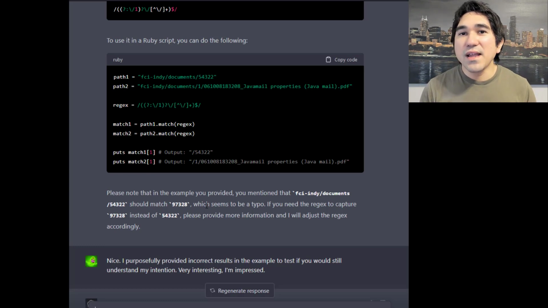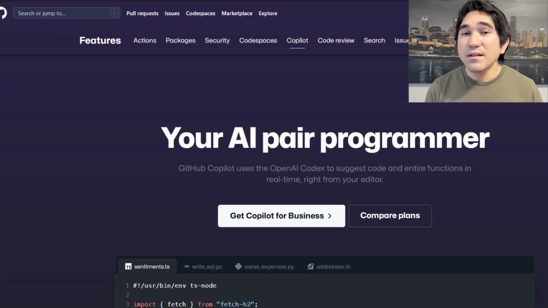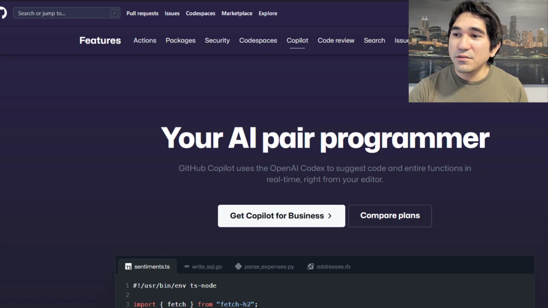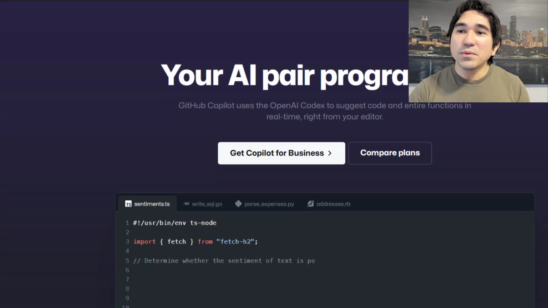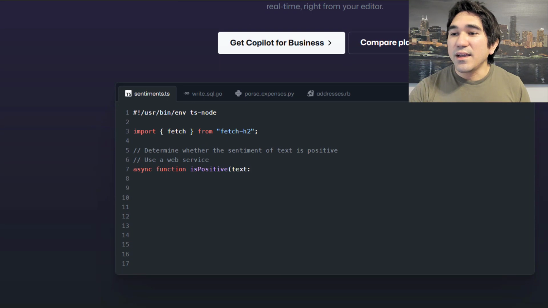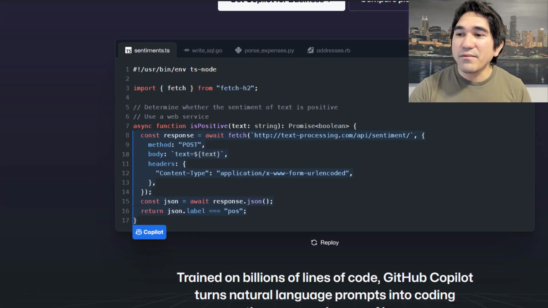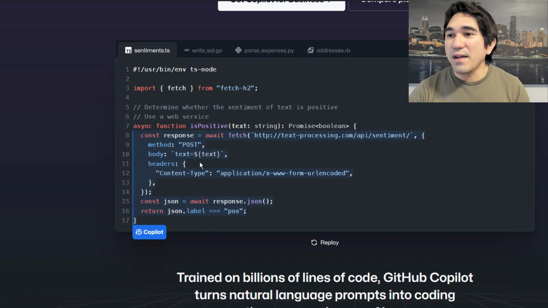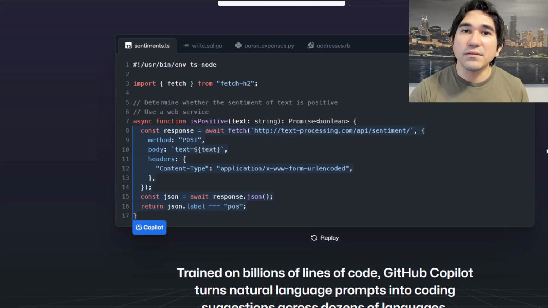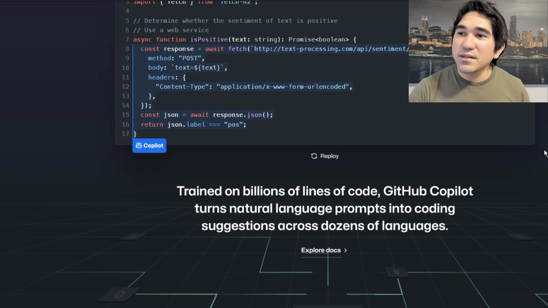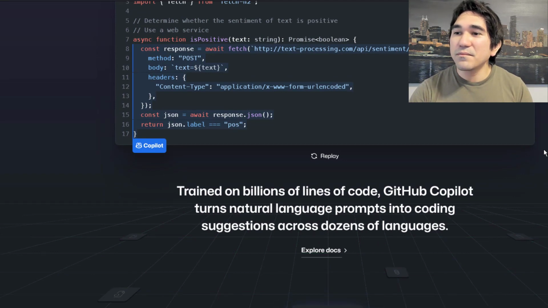Now, when it comes to having ChatGPT look at my entire program and be integrated in my editor, I know that there's a tool out there called GitHub Copilot. And this is supposed to do just that. You're supposed to be able to plug it into your editor and be able to interface with ChatGPT this way and have it write functions for you and have it do code completion for you. So I've been playing around with this as well, but I have to say that I'm kind of not impressed